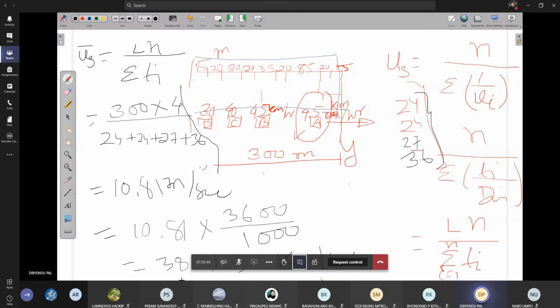Still, this occupancy is not representing the type of the vehicle. Basically, it is representing how much time is spent by the different types of vehicles. But still, it is not representing the type of the vehicle. To represent the type of the vehicle, there is another new term called area occupancy, though you will not find it in the book. That area occupancy basically considers the area of each type of the vehicle. When you consider the area of each type of vehicle, that represents the type of the vehicles.